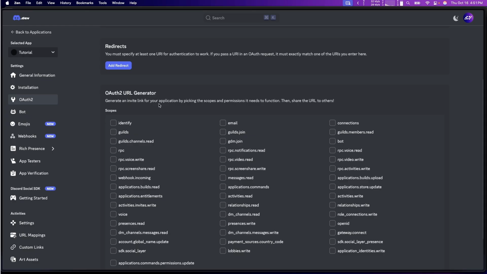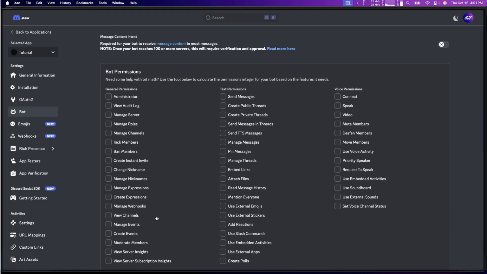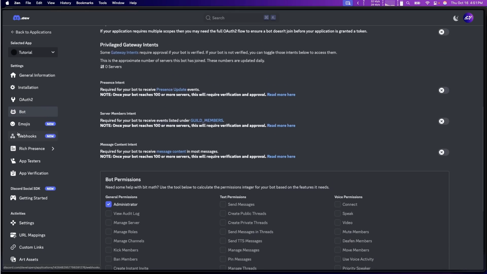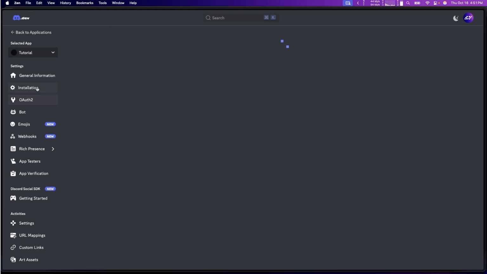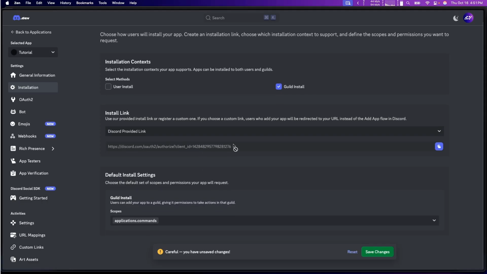Let me see. So I'm going to just do, let me see, the bot here maybe. I've got to find the bot permission. So if I do administrator, it's going to be 8. And then I should be able to go to, is it installation? We'll just do guild install, and then we'll copy